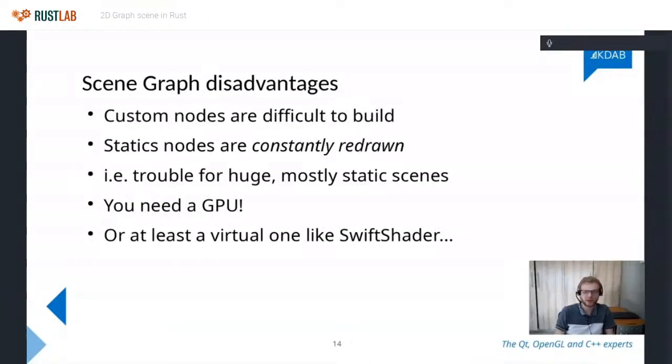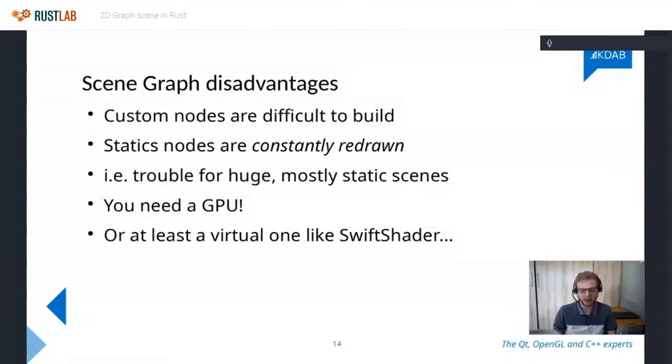In Qt for instance, this is also a problem. It is not common to define your own custom scene graph nodes in Qt. We at KDAB actually get a lot of work from people who want to outsource that type of thing to experts because they don't want to do that themselves. And the reason I'm pitching this isn't just to get us more work in the future. It's just because I think it's fundamentally better. And to be honest, it's not really as big of a problem as it sounds.